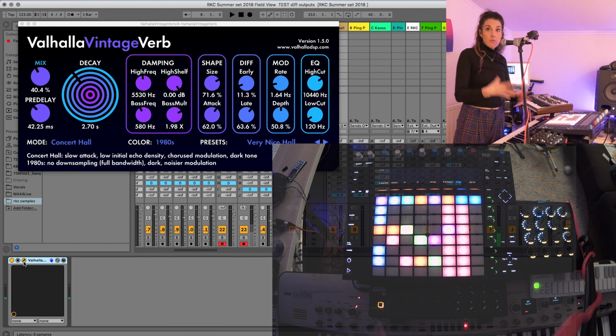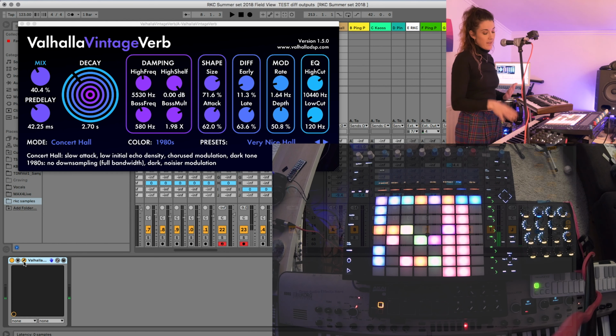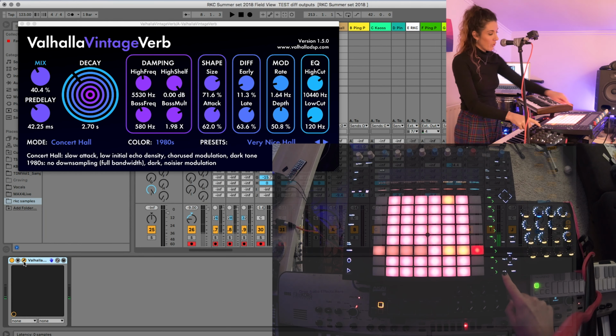I sometimes have effects loaded into loop groups pre-ready, and then map the decay or the dry wet to one of these just for that group, so I can bring that up or down. But yeah, they're the 4 main vocal sends I have. And then I have an instrument send as well for the Korg.